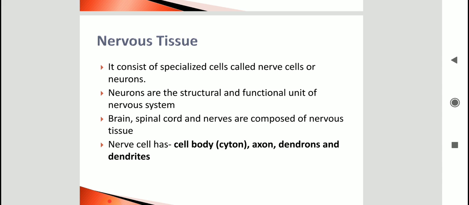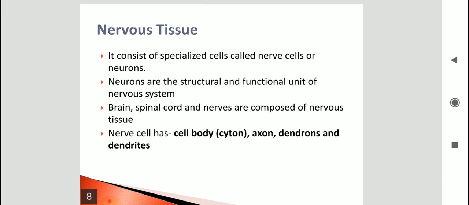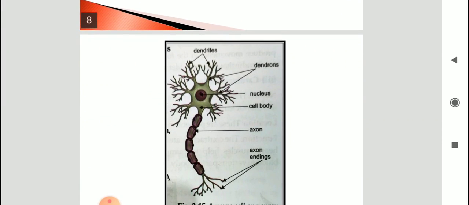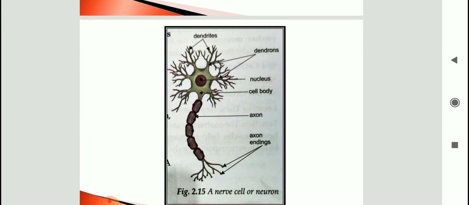Nerve cells or neurons are the structural and functional unit of the nervous system. Many neurons work together to form nervous tissue. Our brain, spinal cord and all the nerves are composed of nervous tissue. Now if you see the detailed structure of one nerve cell or neuron, what will you find? You must see the structure. Again, this structure, children, you will find in your textbook on page number 24. If you see the diagram,